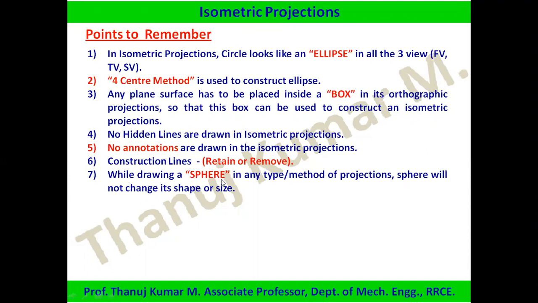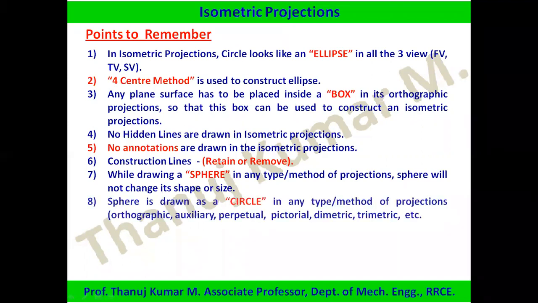Sphere, okay, sphere is totally different from circle. Circle is a ring. It's a ring type. You have got the circumference. Sphere is a solid object, right? That is how we differentiate between the circle and the sphere. The circumference has some thickness, whereas the sphere is not like that. It is completely engulfed with the outer surface of the circular part of it. So a sphere looks the same. It does not change. It has the same shape.